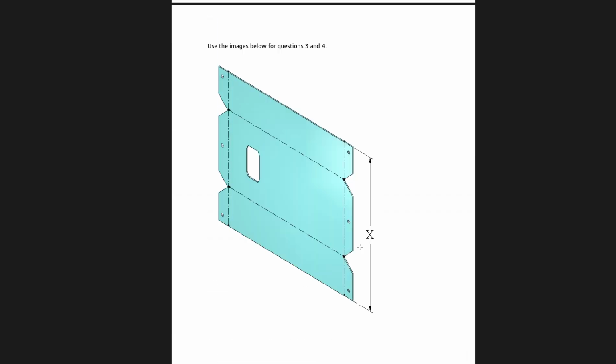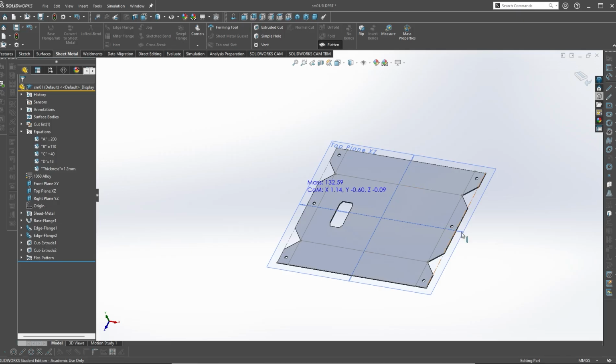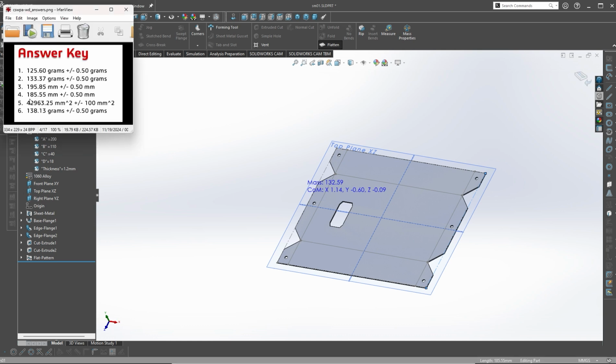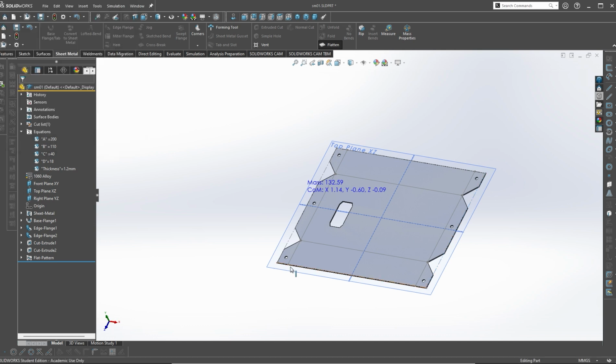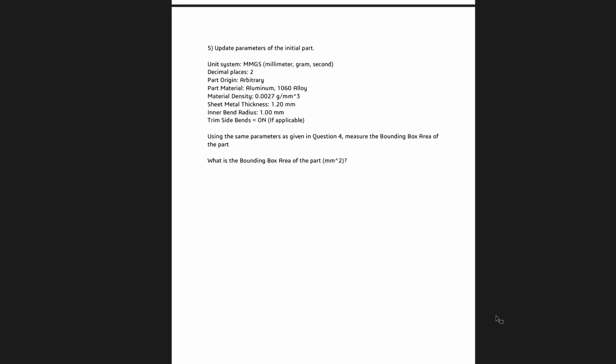And it's asking us to measure distance X again, which is the same distance right here. Okay. Just touch this, look at the bottom right. We've got length 185.55. Alright. Doing good. Question